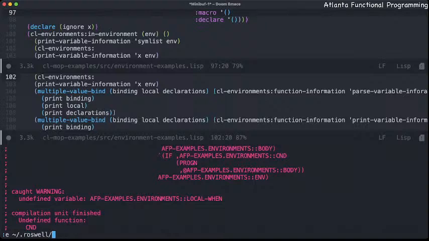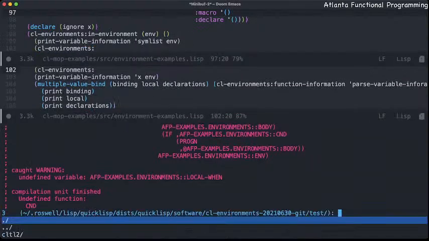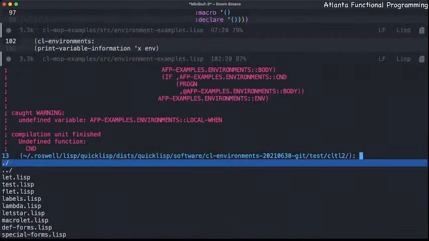This is in Lisp, Quick Lisp, software, CL environments. Okay, test. Let's go into the test directory. CLTL2, and let's do